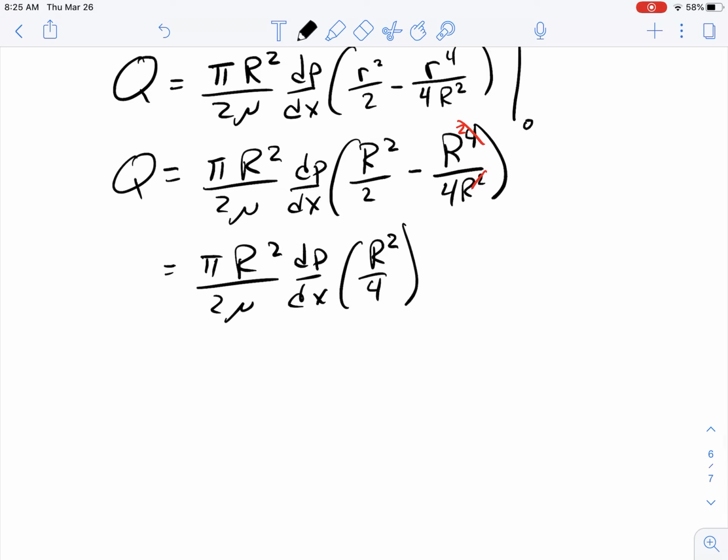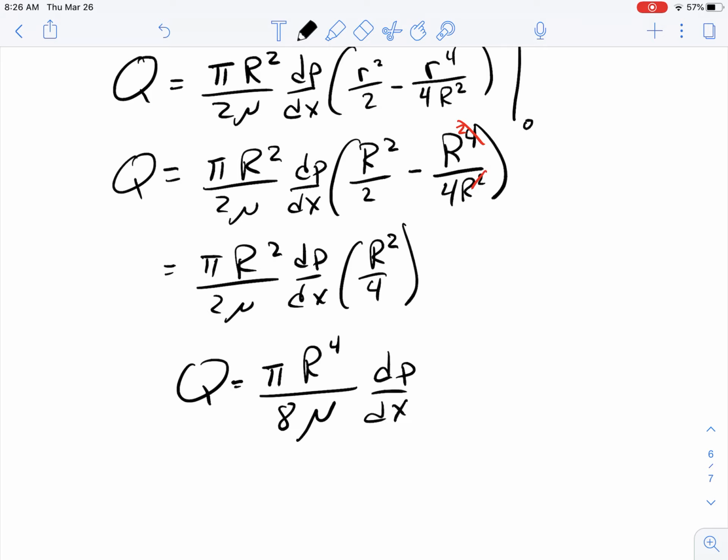And in total then, you can see that we have Q equal to pi R to the fourth power, and in the denominator, divided by 8 mu, because we have the 2 and the 4 there, times our pressure drop, which is dp dx. So that's now what we have as our flow rate,